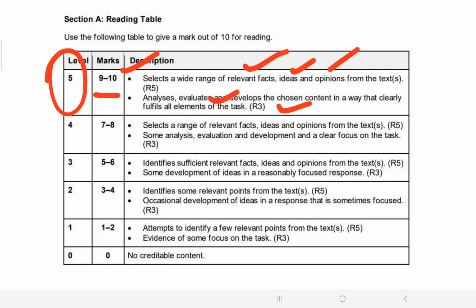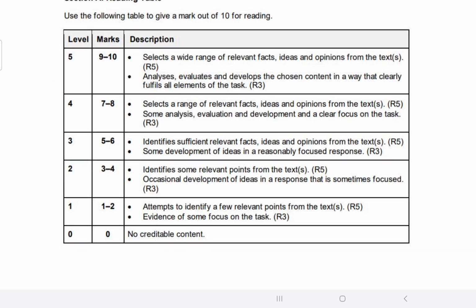That means you should be aware of the conventions of the task. Like if that is a letter, you should know how you are going to start it, you are going to have a salutation and valediction in it, you are going to have this yours faithfully, dear sir in it. So you must know how to do it. So we actually have to reach this level. I'm not going to discuss all these. You can just take a screenshot, have a look at them, but this is our level. We want to do this.